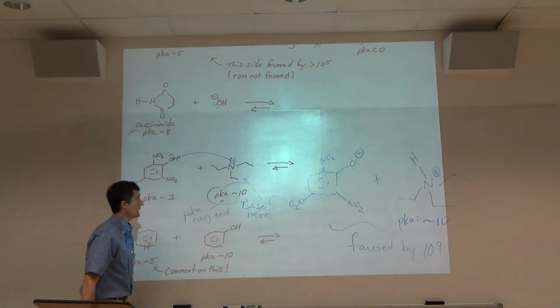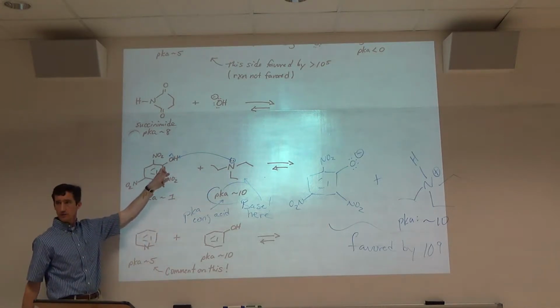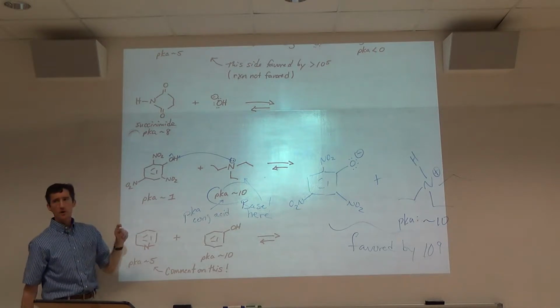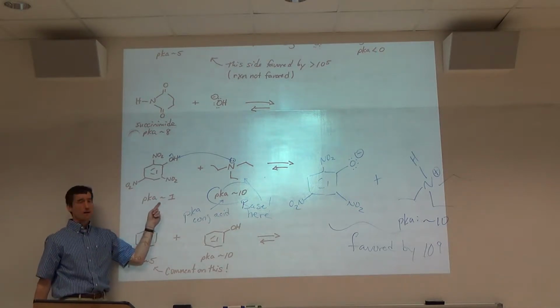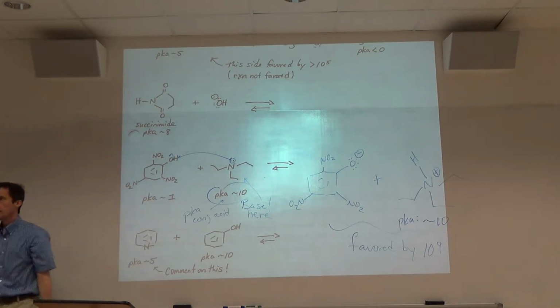Okay. Question. Is triethylamine strong enough to deprotonate this phenol? Yes. Now most phenols have a pKa of about 10. This one is much more acidic because of these three nitro groups. Don't think all phenols are going to be 1. Most are 10. Look at the table in your workbook. So can you look at this without knowing the pKa's and make an educated guess as to which side would be favored? Or